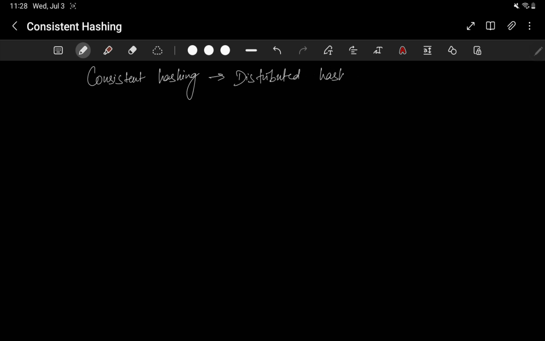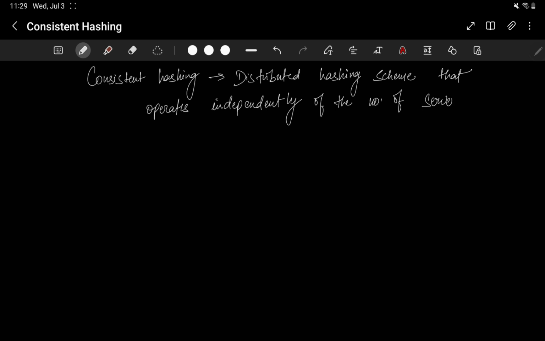Distributed hashing scheme that operates independently of the number of servers. As we have noticed, other approaches are dependent on the number of servers, but this one is independent of the number of servers. Okay. Or instead of servers we can also say objects in a distributed hash table